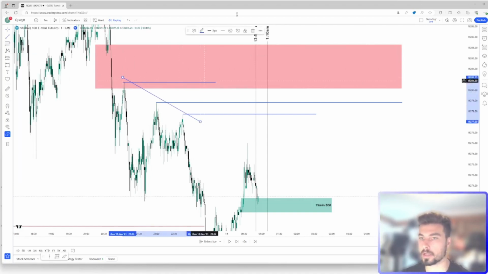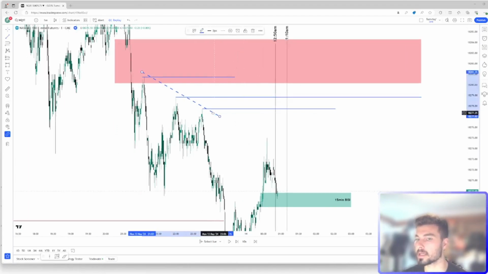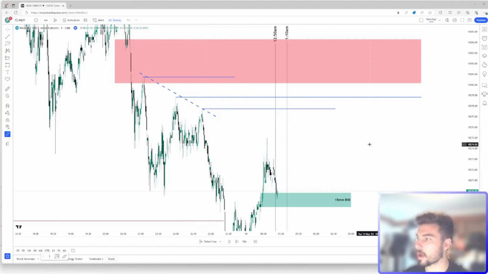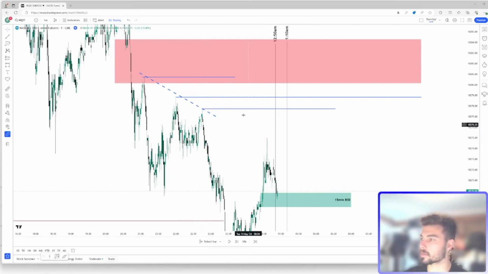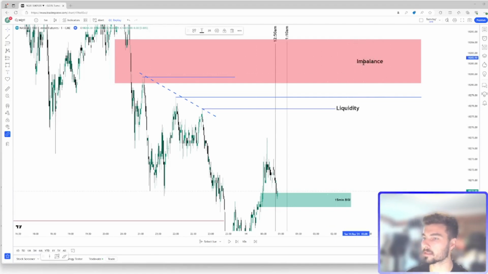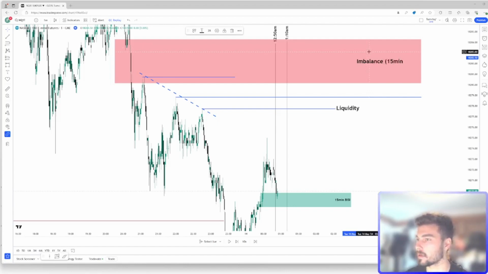This is what I call trendline liquidity. It's essentially where you have liquidity where people could draw a trend line and they'd be taking short positions when price taps. In other words, I know there's stop losses resting above these swing highs. In other words, there's money resting there. There's liquidity resting at each of these highs. So when I talk about liquidity, I'm talking about swing highs and swing lows. The market either targets liquidity or it targets an imbalance. And this imbalance is a 15-minute sell side imbalance, buy side inefficiency, so a 15-minute bearish fair value gap.